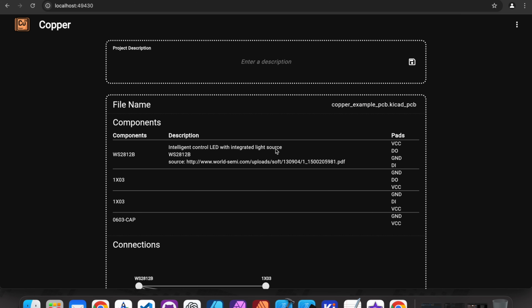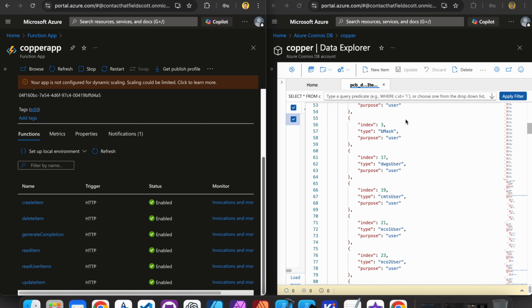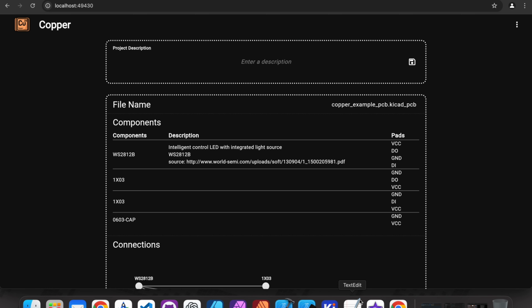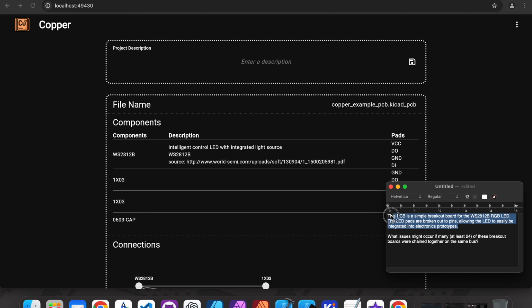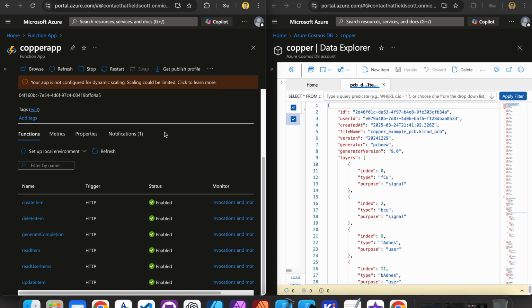After parsing, the Copper app uses an Azure Function app, in this case the create item endpoint, to save information about the PCB design to an Azure Cosmos DB collection. After the user provides a description, the Copper app again uses an Azure Function endpoint to update information in the